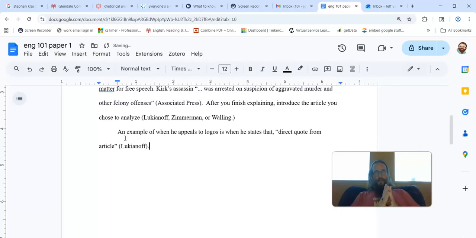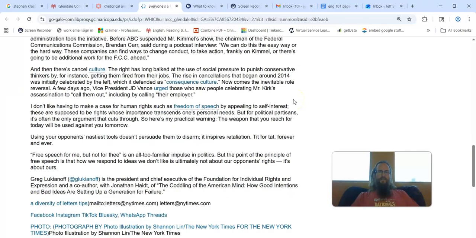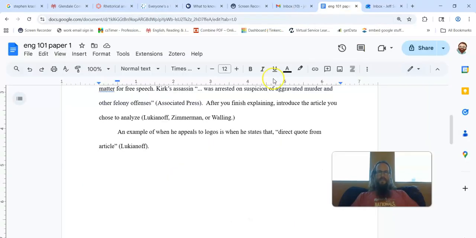Do I need a page number? No. If you look at the article, it is not paginated. Some students are sometimes asked to include paragraph numbers. That's not a required convention, so I don't ask for that, just the last name. Some students put the publication date. Don't do that. That's APA, and we're following MLA conventions. This is the easiest part of the paper, really, because it's just following the rules. Analytical writing is a bit more challenging than just following the rules.